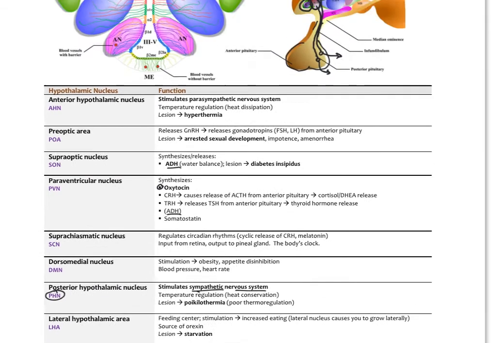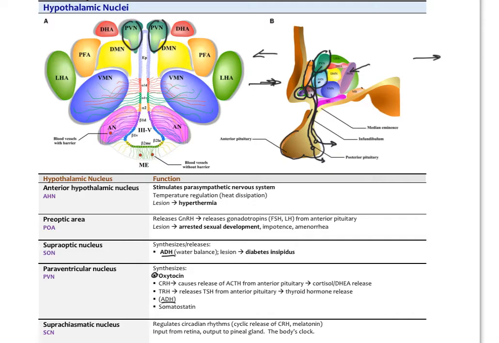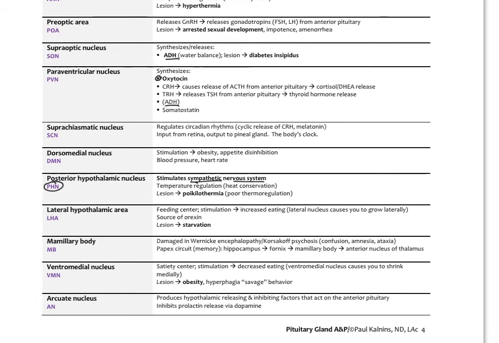The mammillary body is just seen in this picture down here. The mammillary body is what becomes damaged in chronic alcoholism, and this is what leads to or is involved with Wernicke encephalopathy and Korsakoff psychosis, which includes confusion, amnesia, and ataxia. And that's often due to B1 thiamine deficiency. This area is also involved in memory formation, part of the Papez circuit. And that involves the hippocampus, an area called the fornix, the mammillary body, and then the anterior nucleus of the